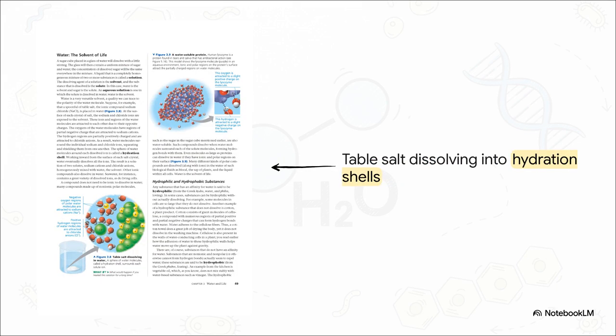Moving on to our fourth property, which makes water the solvent of life. Because water molecules are so highly polar, they are perfectly designed to pull apart other compounds. Look at this grain of table salt, sodium chloride. The positively charged hydrogen ends of the water molecules are highly attracted to the negative chloride ions, while the negatively charged oxygen ends rush right toward the positive sodium ions. They totally surround each ion, forming what we call a hydration shell, completely shielding and separating them.